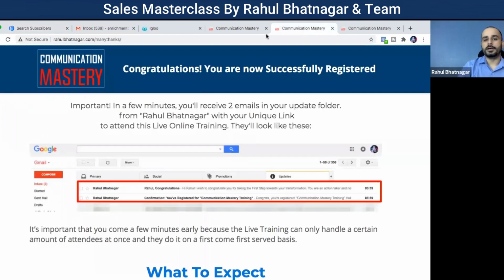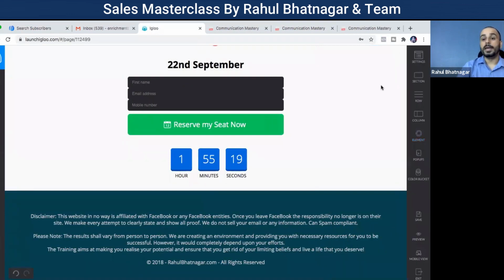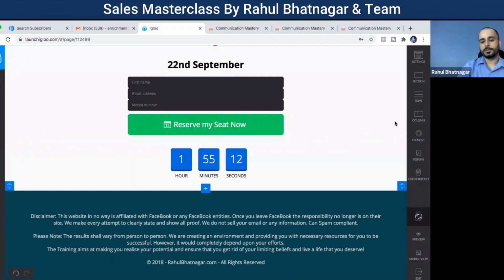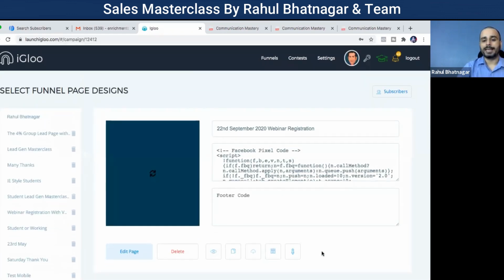This is how we have created the page. Sagar, please check your email. The mail would have come to your email ID and the second email would come to your email ID within the next 3-4 minutes. Please check. The email would have come on your email ID already. So this is how you create a form. You put that form onto that landing page and then you actually get it in front of people. That is how it actually works. Got it? Is that clear with everyone?